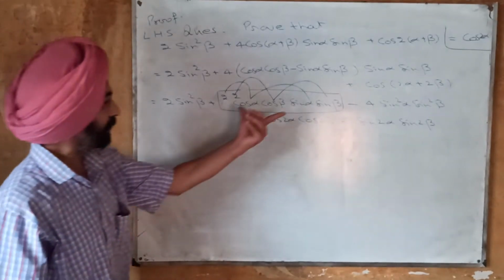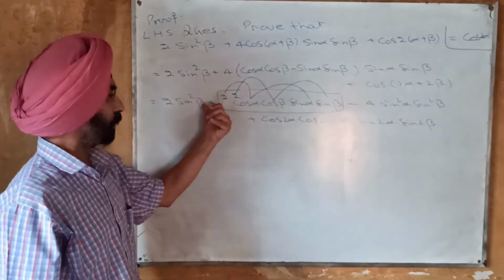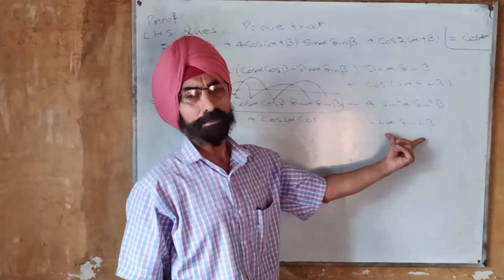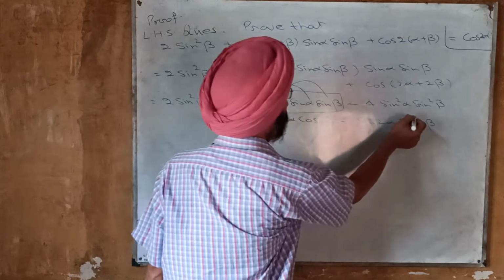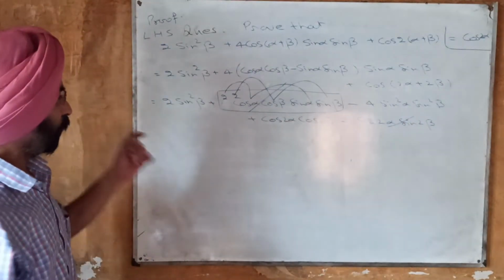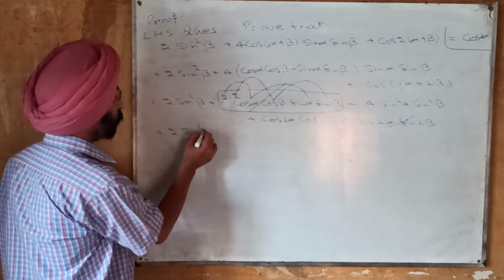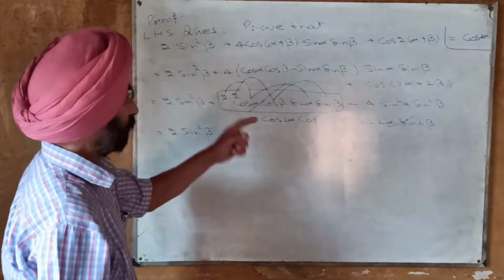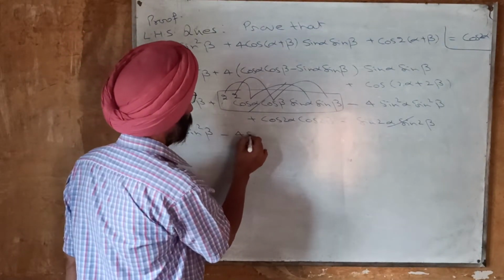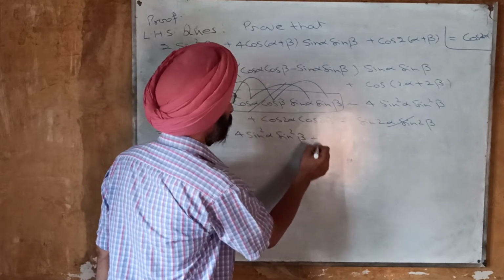So this term will become sin 2 alpha sin 2 beta with positive sign, and here you have minus sin 2 alpha sin 2 beta. So this term will be completely cancelled. So what you will be left with now, 2 sin square beta minus 4 sin square alpha sin square beta plus